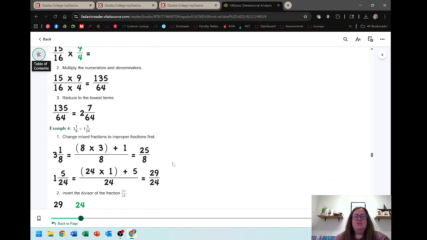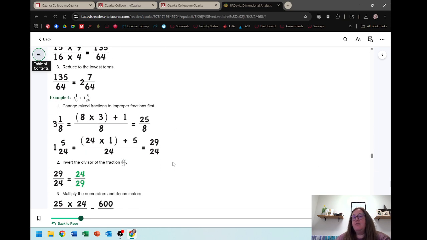When we get to do mixed fractions, same thing as multiplying. We're going to take the 3 1/8, make it into an improper fraction. So 8 times 3, which is 24, plus 1 is 25 over 8. The second one, 1 5/24. 24 times 1 plus 5 is 29 over 24. So then we have